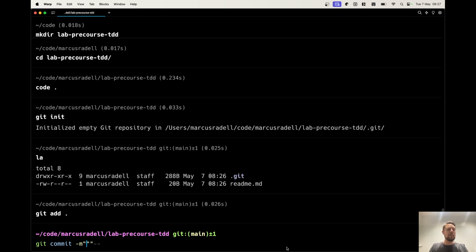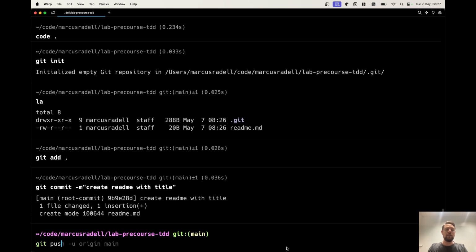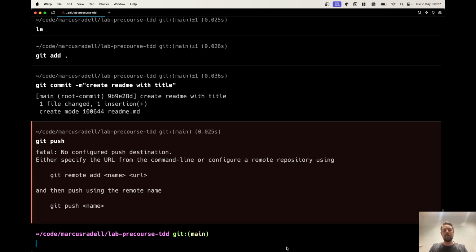When it comes to messages and how you write them, sometimes it matters a lot depending on the team you work with in real life. For this project, it doesn't really matter that much, so I don't waste too much time and effort on the messages. I just think about what I actually did. Well, I created a README and added a title. Create README with title. And then if I do git push, it fails